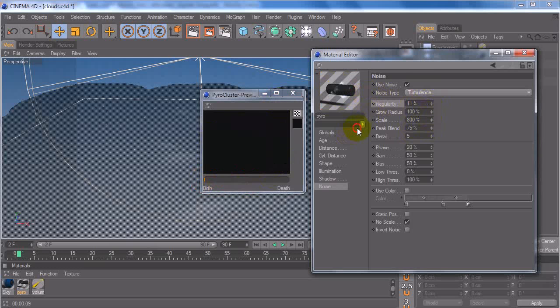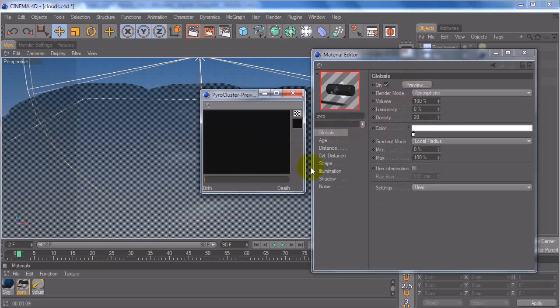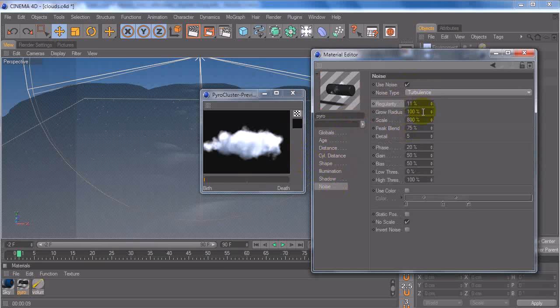Let's turn preview back on. Alright. The grow radius controls how much our noise scales with our volume. Setting it to 100%, it'll scale almost all the way. Well, it'll scale with our noise. Let's just leave it at that. The scale controls the overall scale of our noise, and with peak blend, we can control the peaks or hotspots in our noise. Detail, if we turn it all the way down, is less detail, but it also